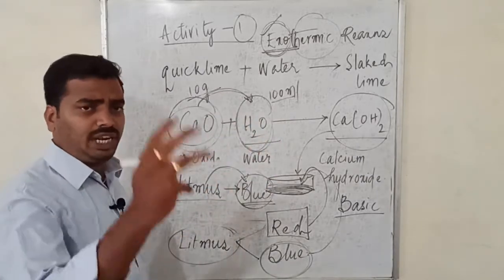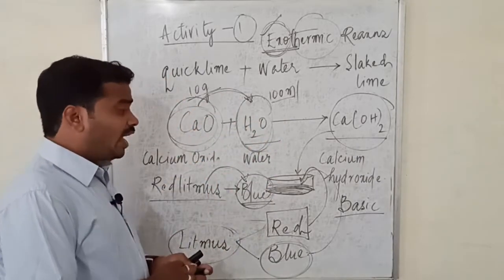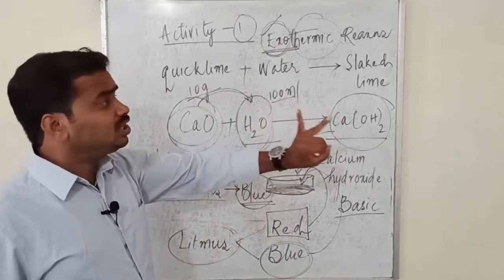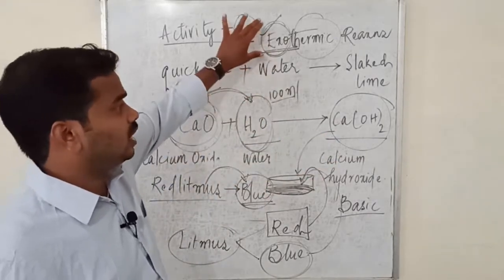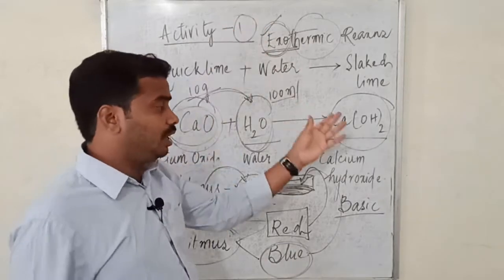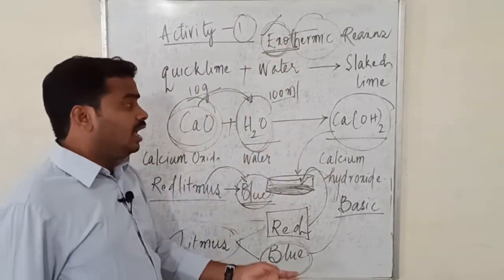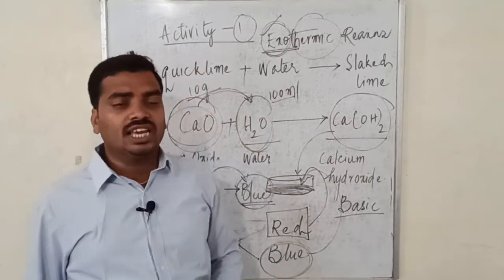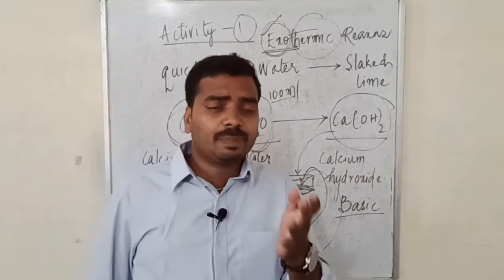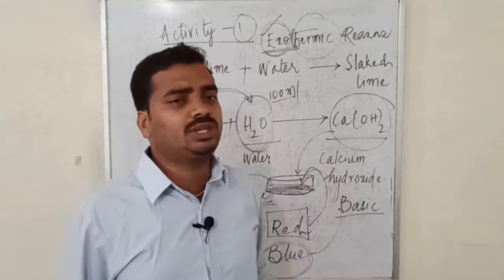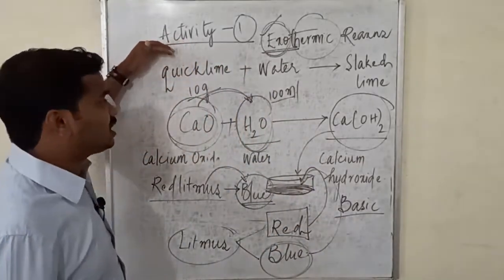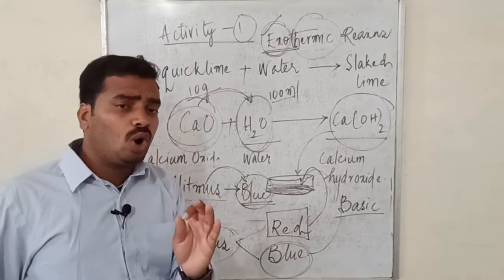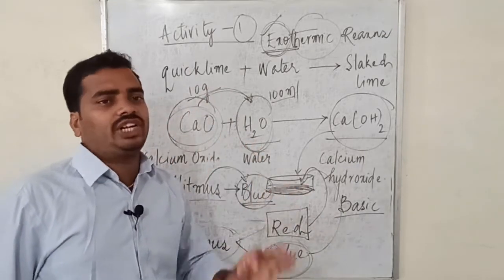I wanted to say three important observations. One, initially we have told that it is a combination reaction. Second, I already told you that it is an exothermic reaction which liberates energy. And third, the solution formed is a basic solution. This is what you can interpret out of this particular activity 1. So by learning this activity 1, you are getting to know what a combination reaction is.